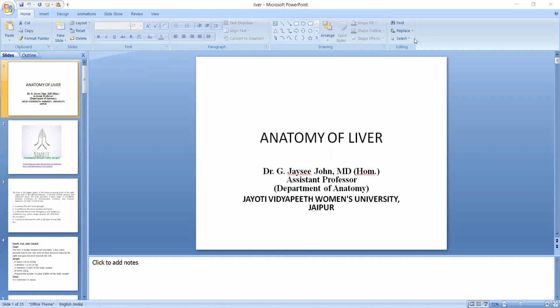So today we will discuss the anatomy of the liver, and we will cover this topic in different parts. At first, we will discuss the general features of the liver. Then we will go to the lobes of the liver, that is the anatomical and physiological lobe. And then we will go to hepatic segments, and then hepatic ligaments. And in our next videos, we will cover the blood supply and microscopic structure of the liver and any other things. So first we will discuss the general features of the liver.